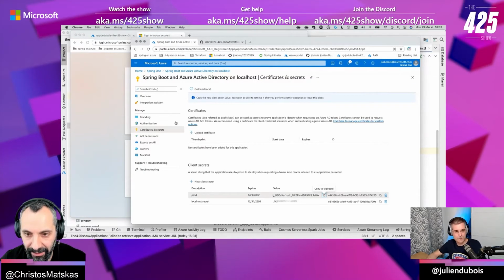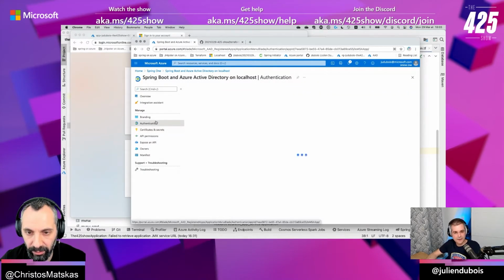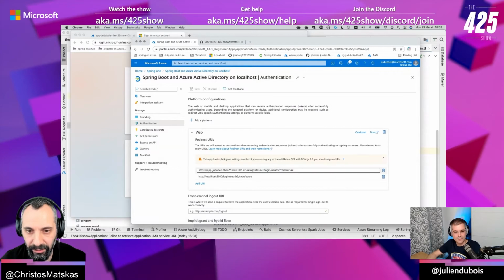So either there's a misconfiguration somewhere, so go back into your authentication. Oh, yeah, this wouldn't be correct. There's something wrong here in your URL. Interesting. So you have the base, the root of your website, and then you have the login OAuth to code Azure. Is that correct?